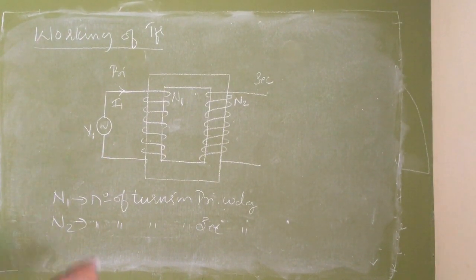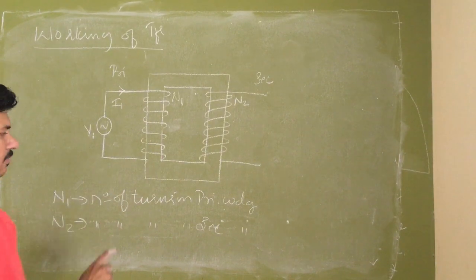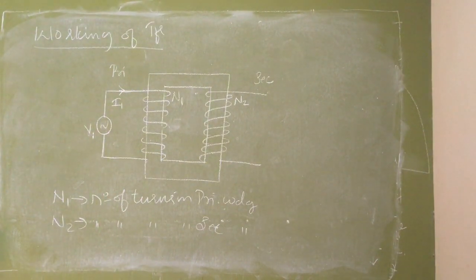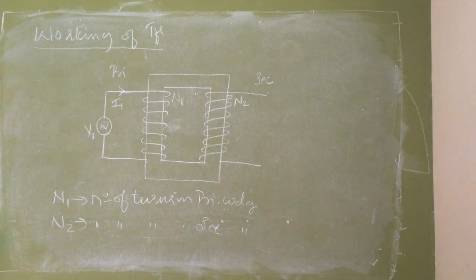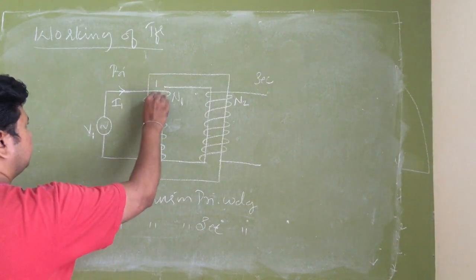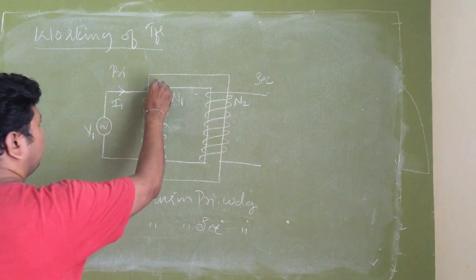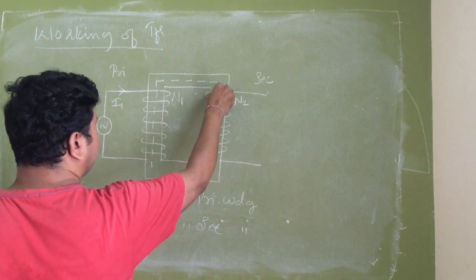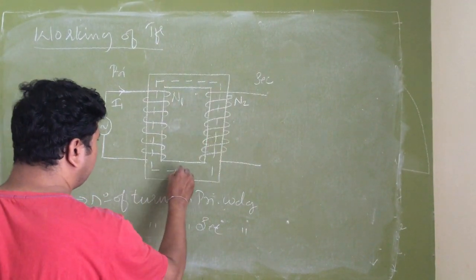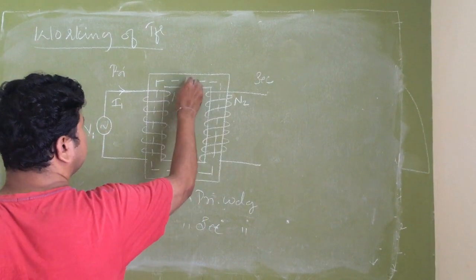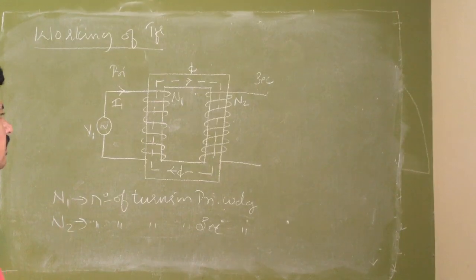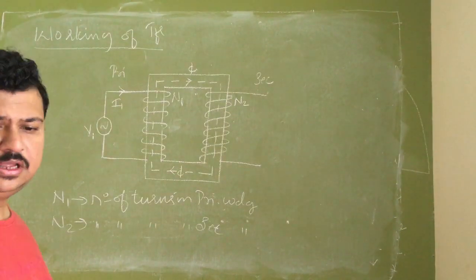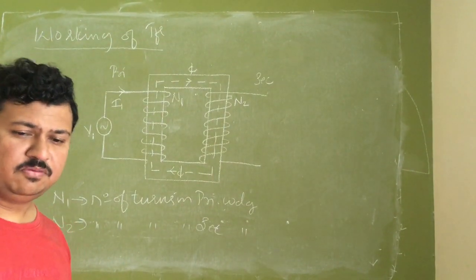Now the moment I1 flows in the primary winding, by the nature of electricity, there will be flux created by the primary winding, and the majority of that flux will be created in the core and it will link to the secondary winding. So this is flux phi,